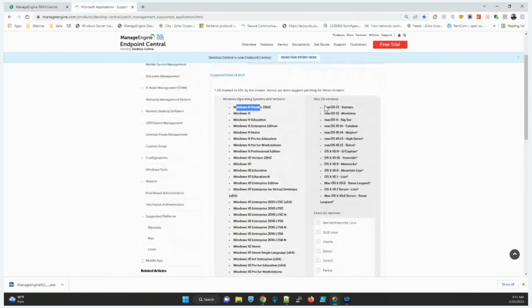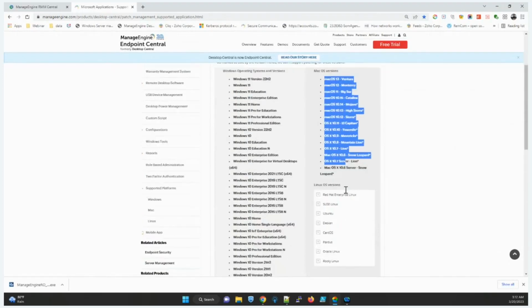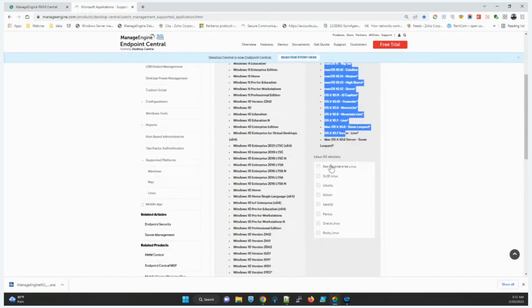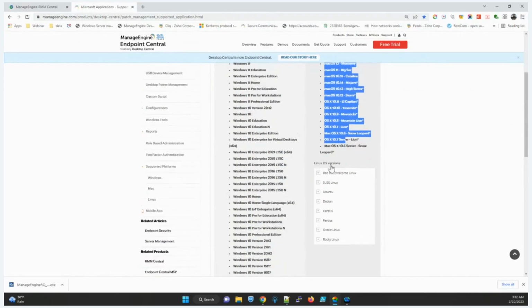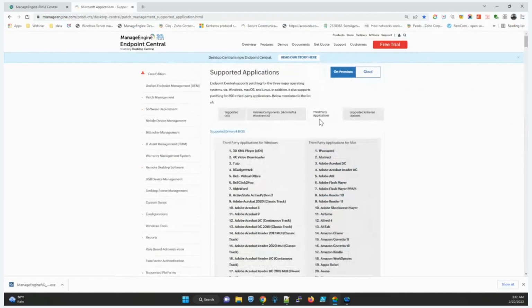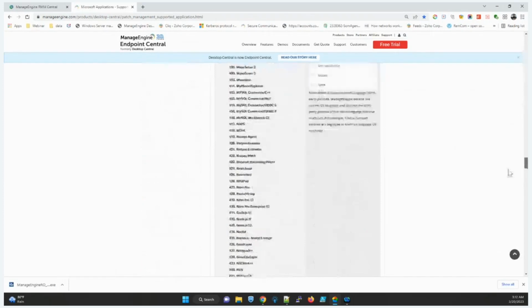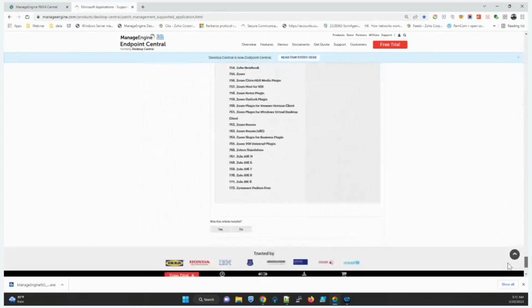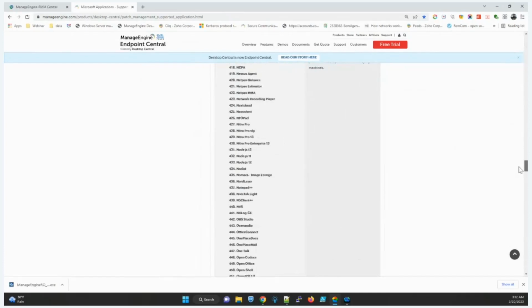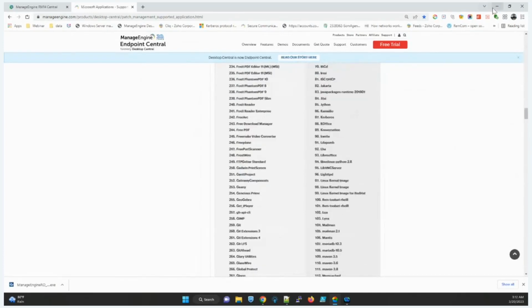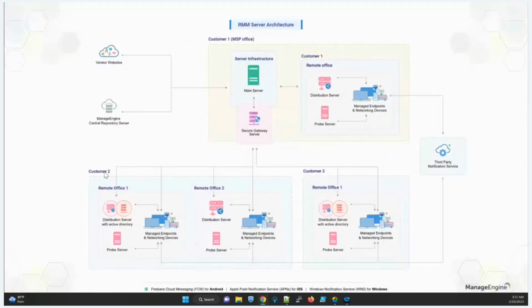Along with that, we do support patching for Mac flavors, all versions of Mac, and we do support patching for Linux as well. Along with the OS patching, we do support third-party application patching for Windows, Mac, and Linux. So as of now, we support 700 plus third-party applications and hundreds of applications for Mac and Linux. So if your endpoint is having any one of these applications running in an older version,